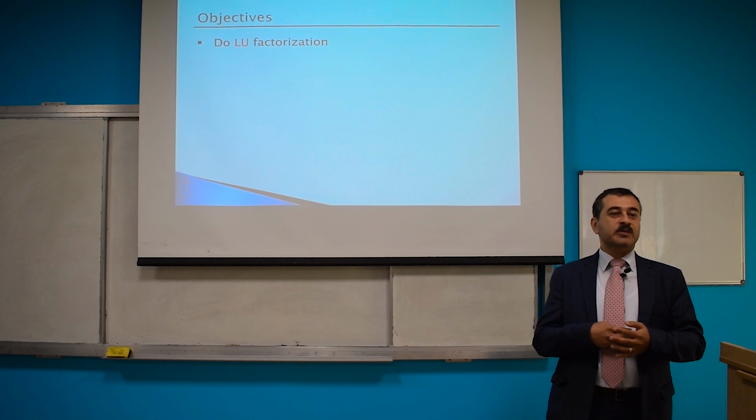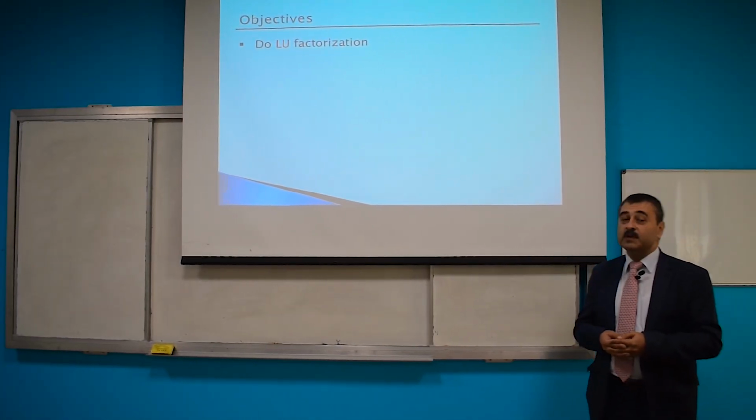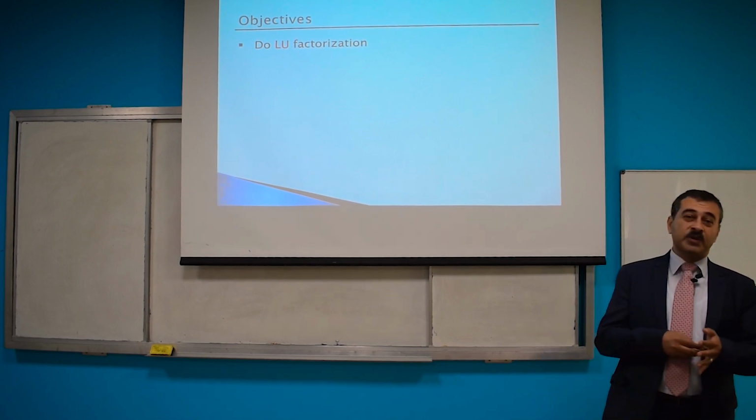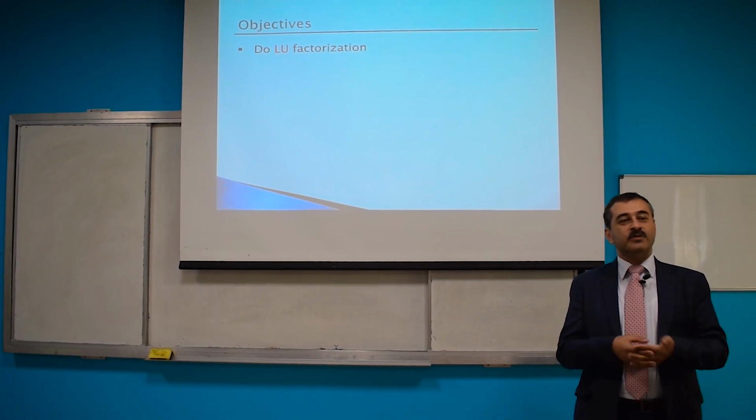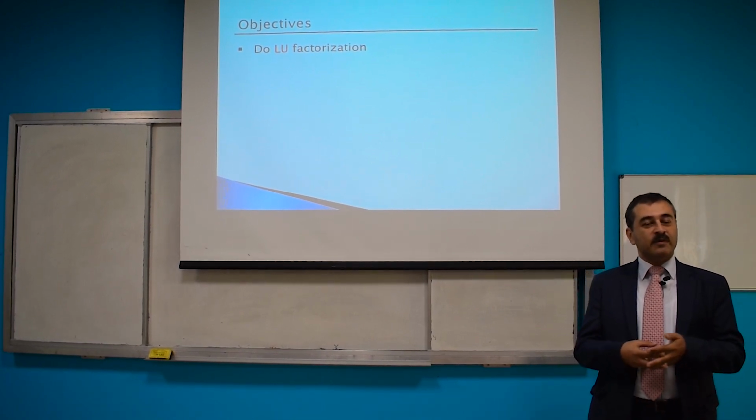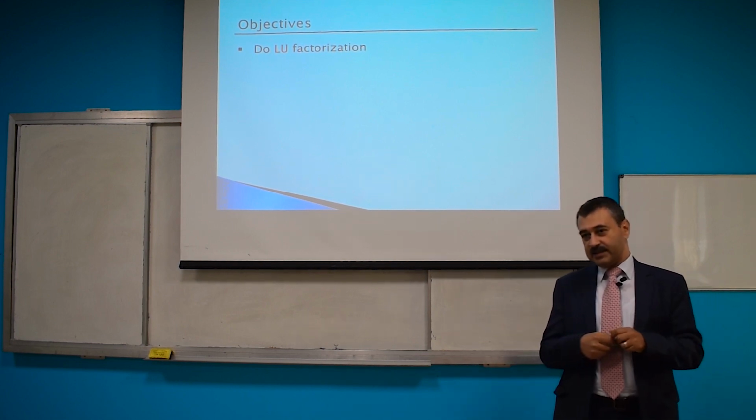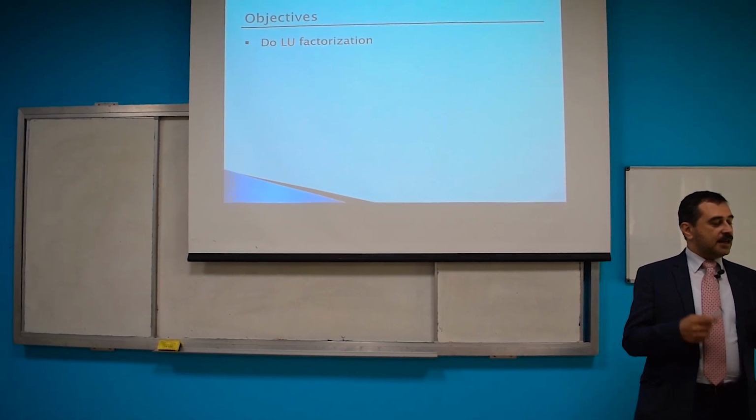Today, inshallah, we are going to cover section 2.5 about what is called LU factorization of a matrix. We are going to write the coefficient matrix A as a product of two matrices. One of them is lower triangular and the other is an upper triangular matrix. We'll see how to do this